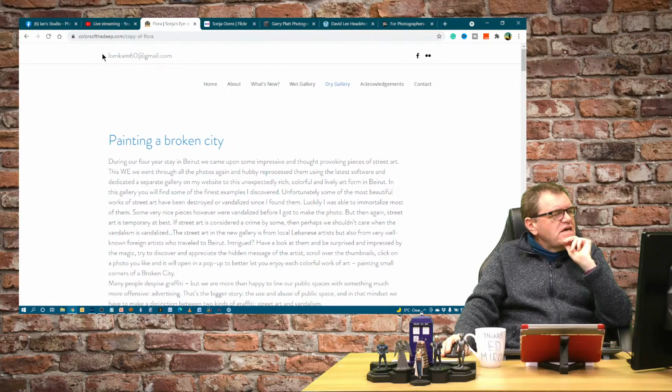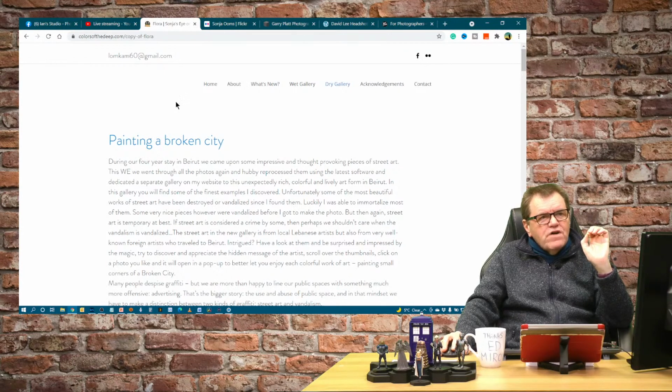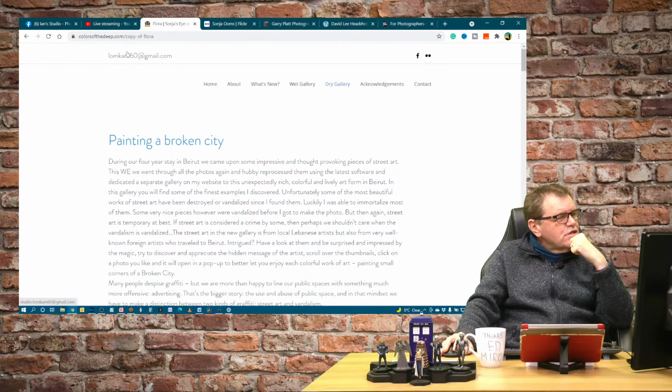I don't know whether that is a live email address or not, but one thing I would recommend is that any email address you publish on a website should be a holding email address.